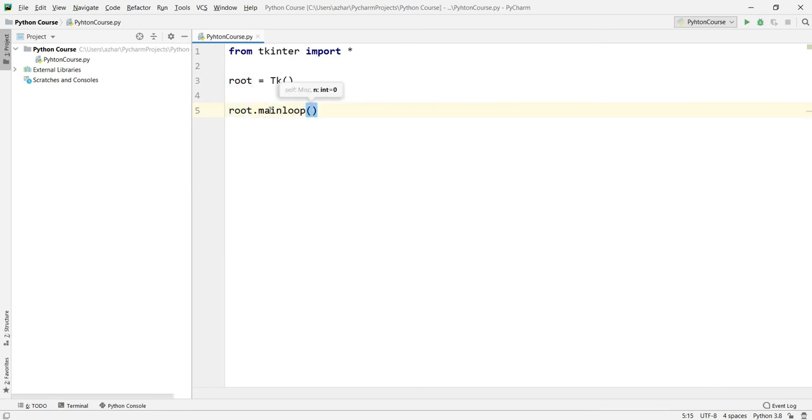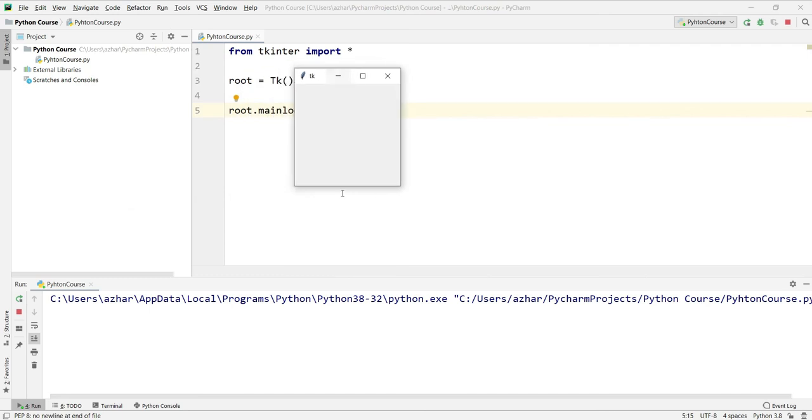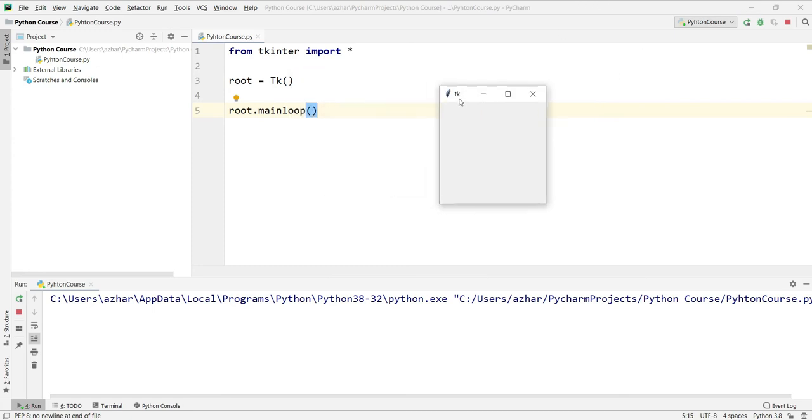So let's see the function of this mainloop. I will run this. As you can see here, a window has appeared. If it's not appearing here, it is there behind this PyCharm main window. So this is our window. It is blank, it contains nothing, and as you can see our program is running. It is not yet ended. If it had ended, it would have shown us a message over here. So now I will close this window,